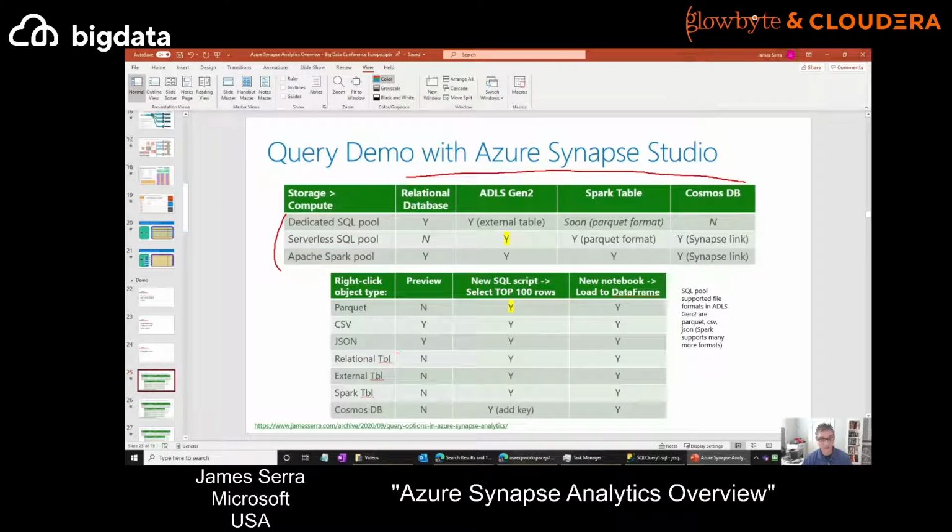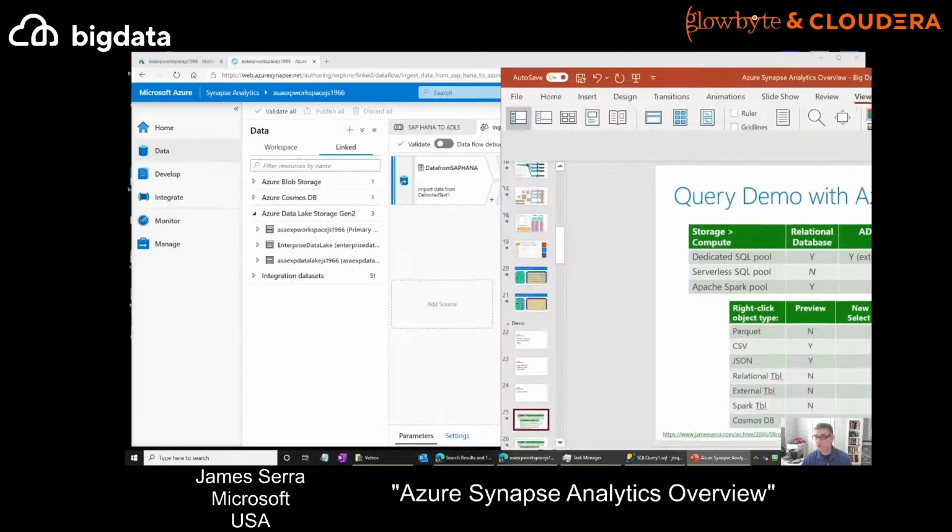And then I also made this chart to show you that there is the ability to right click a lot of objects and generate results from them. And you can see here, I can, in some cases, preview that data. I can do a new SQL script or a new notebook. So you'll see this in the demo. So the first one I wanted to show you